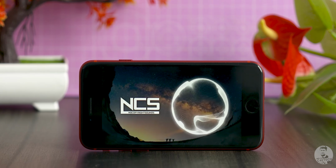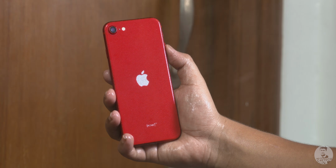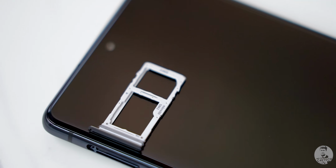As we mentioned before, the iPhone SE 2020 comes with the IP67 rating. The S10 Lite offers no such protection against the elements. What it does come with though is a hybrid dual SIM slot. The iPhone does offer dual SIM functionality, but through an eSIM. Now, in the future, this may become the norm, but as of today, having a physical SIM slot makes for